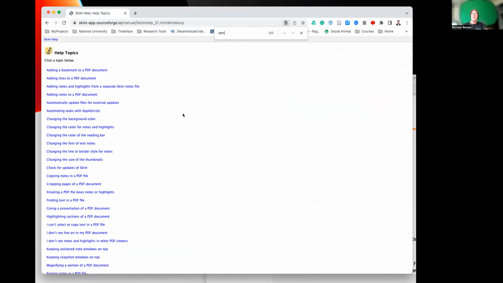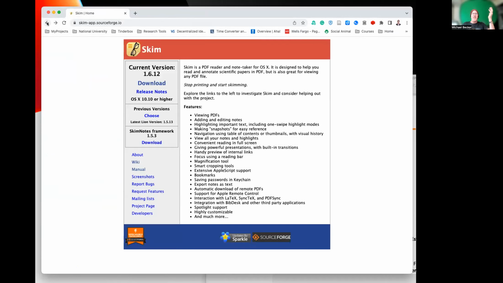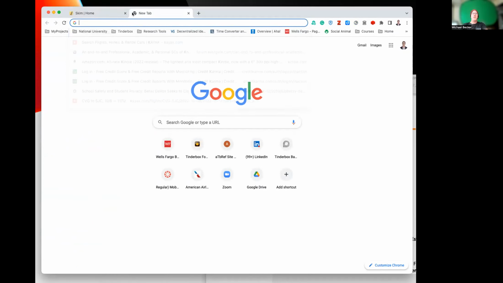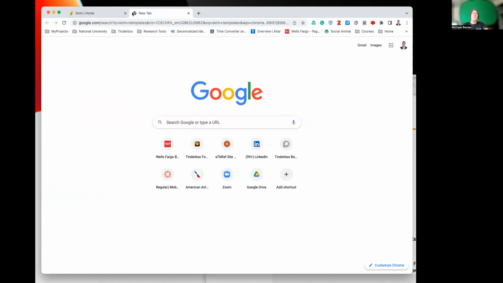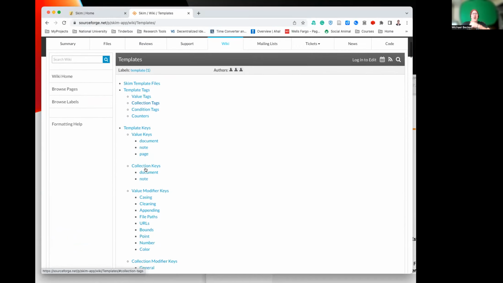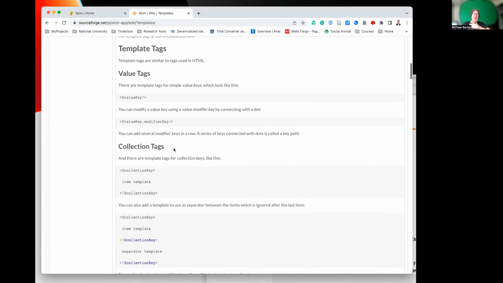Find template. Okay, and this I can't remember where I found. Somewhere in here I found SKIM templates, and it gave me the basis of a SKIM template. This is the sleuthing exercise sometimes that it takes to make this stuff work. Let me see if I can find it. SKIM templates. Oh, here it is. Okay, so I found this document that talks about the SKIM templates